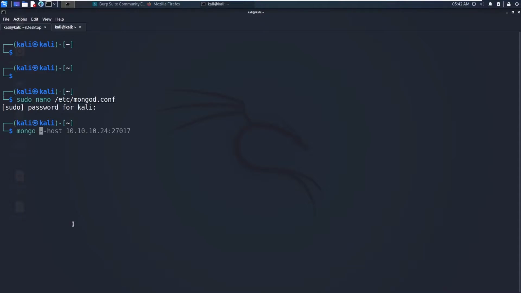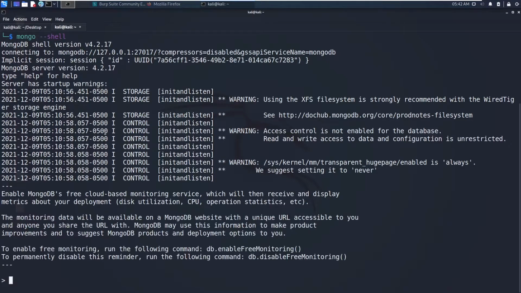Now type mongo. You can also type mongo with the host name and the port number, but you can also just say mongo shell. You can also specify the database you are going to connect to. So for now you can say mongo shell, and you can see the interpreter will be open. These NoSQL databases are not like SQL, so they don't have any tables or relationships, but instead the data will be stored as documents.